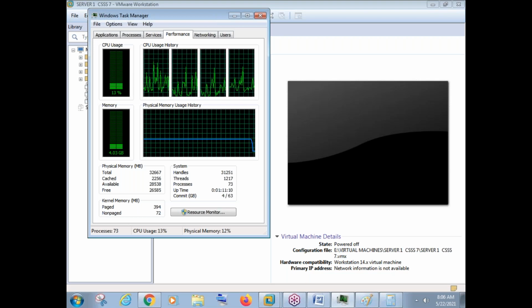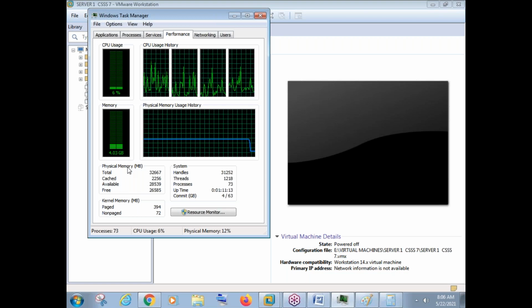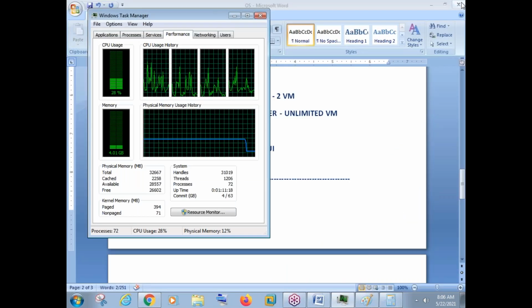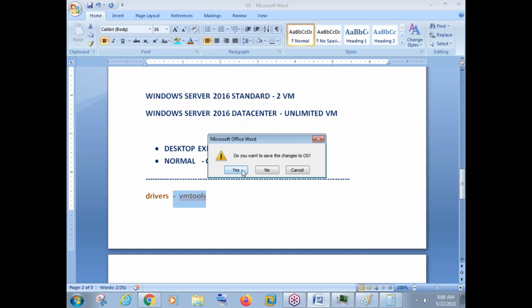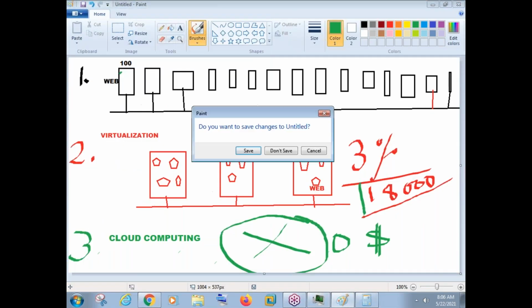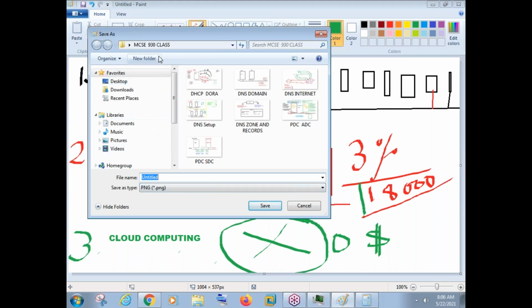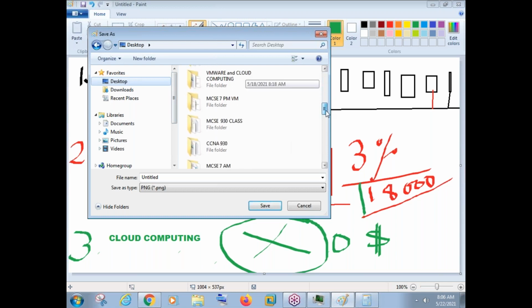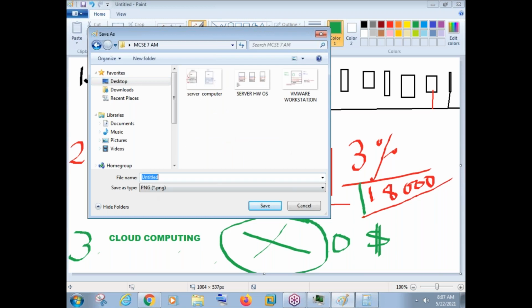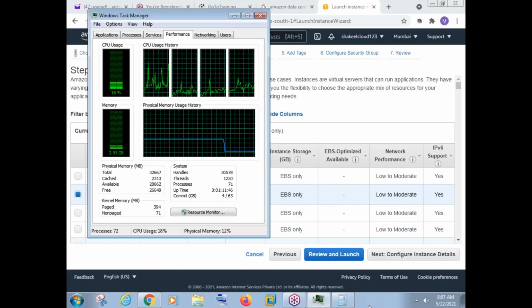Done. Once the virtual machine is off, how much RAM is it using now? It is using 4 GB RAM now. If I close this VMware Workstation application, it will use a bit less. If I close this file here, it will use less again.